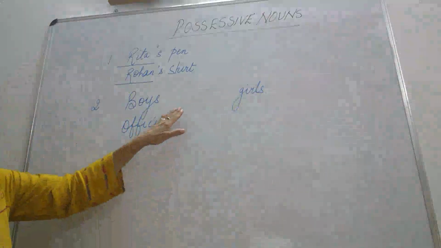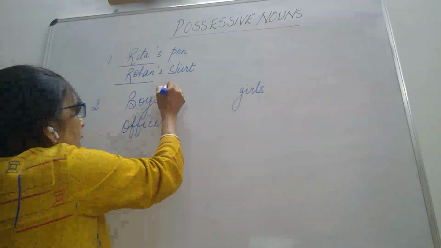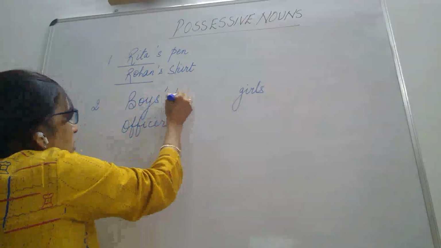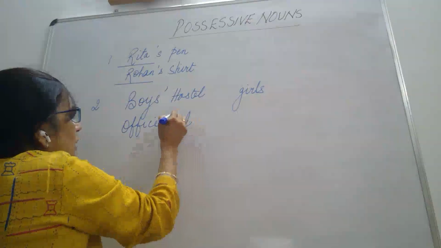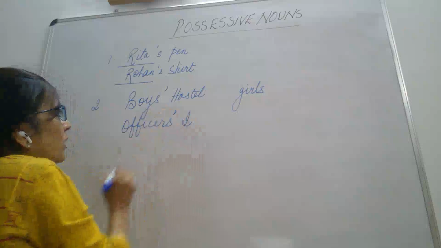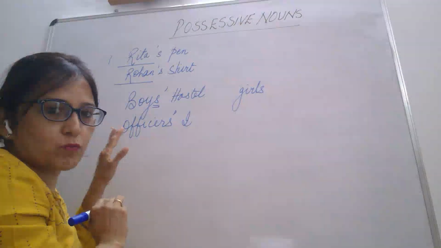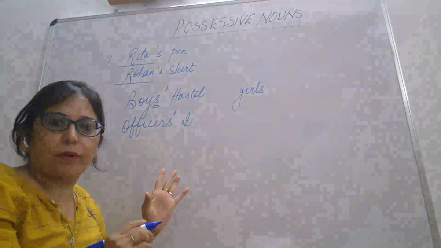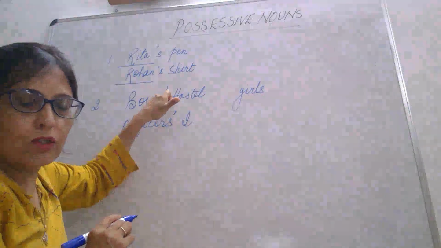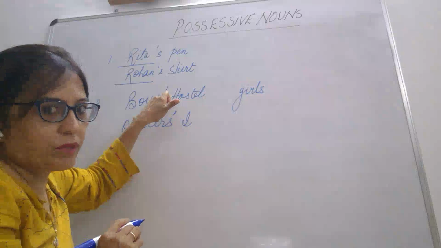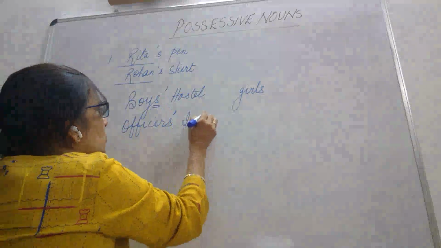All these are plural forms. So boys' hostel. Officers', just apostrophe, we will not add S because S is already there at the end and it denotes plural. So when it is a plural noun, we just add an apostrophe at the end to make it a possessive noun, right? So officers' institute